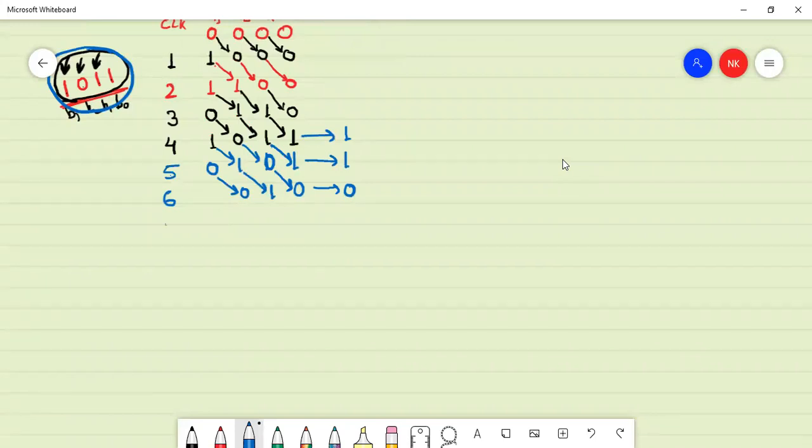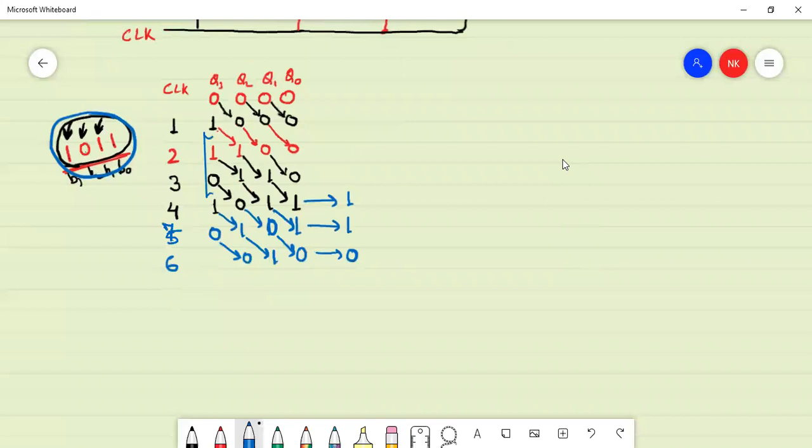So in the next clock pulse, that is the 7th pulse, what will we have? We already got 1 0 0. Now in the next clock pulse, let us take a 0 here. So we have the 7th clock pulse, and here we will have a 0. Now this 0 will come here, this 0 will come here, this 1 will come here, and we will get the output. Okay, so what we have seen is that in this flip-flop,